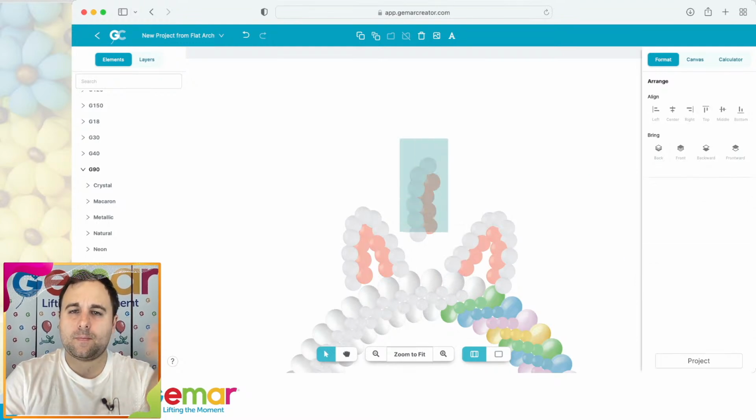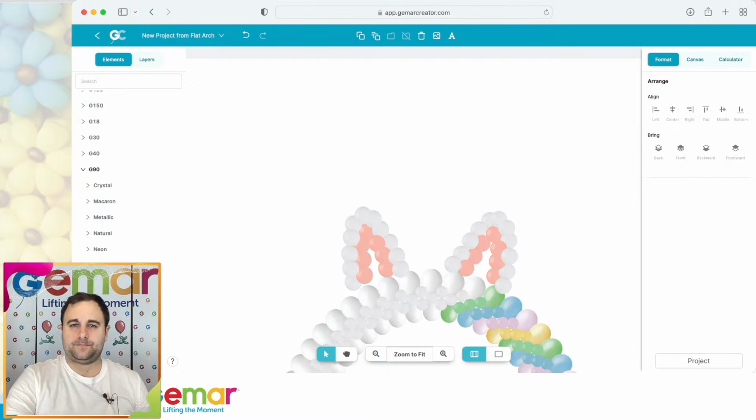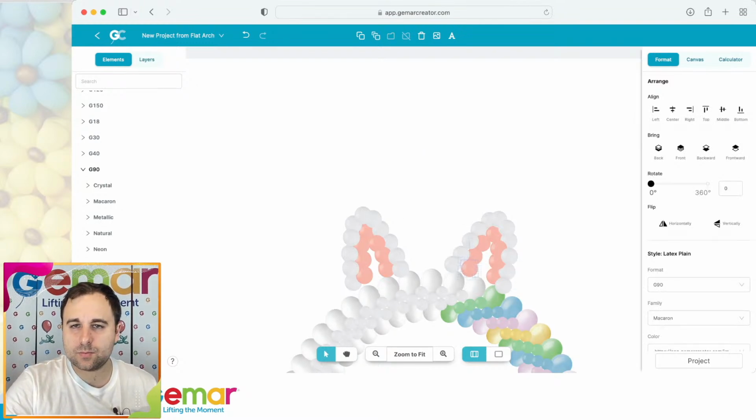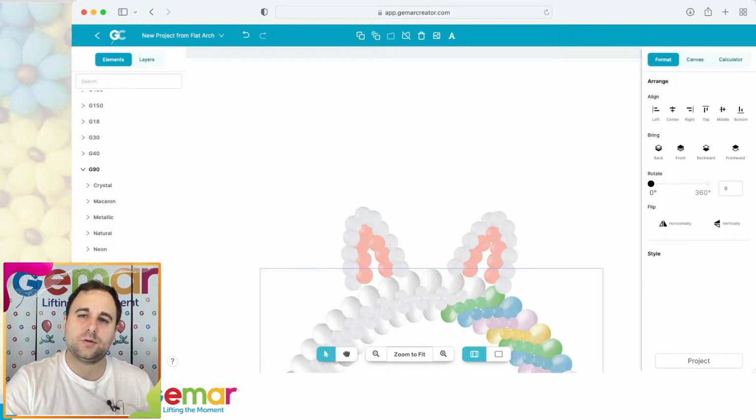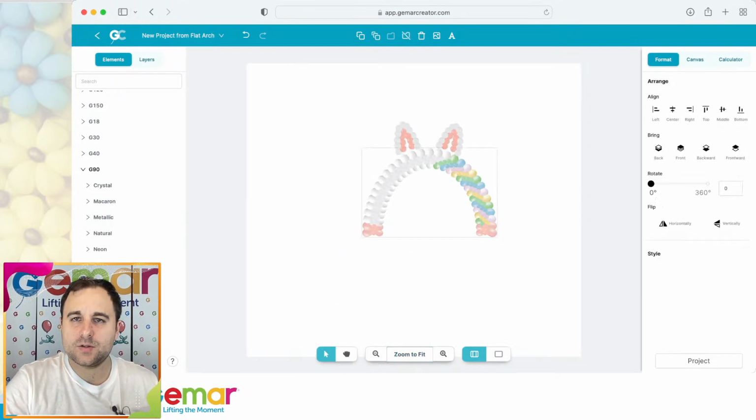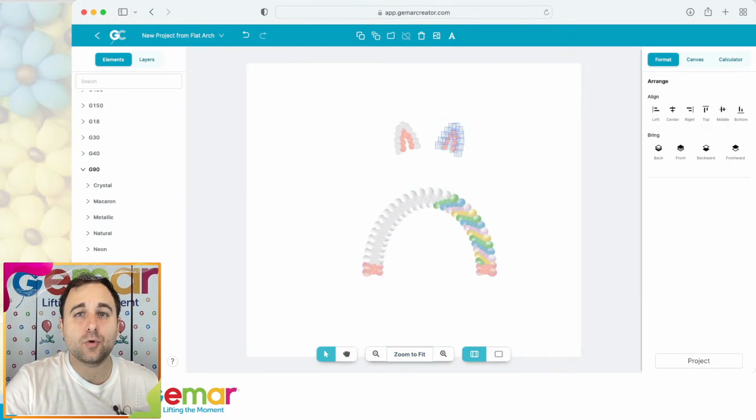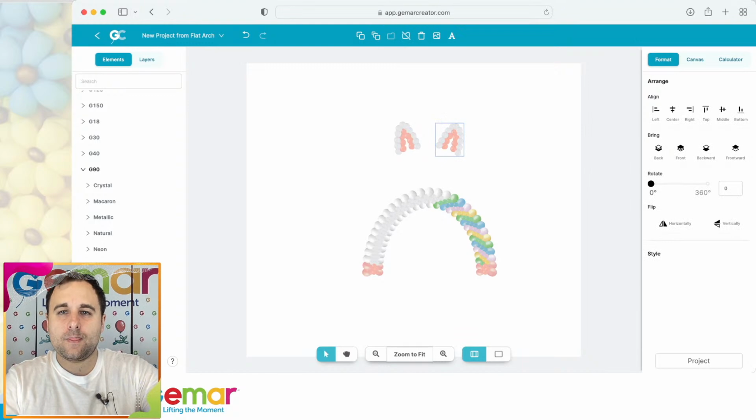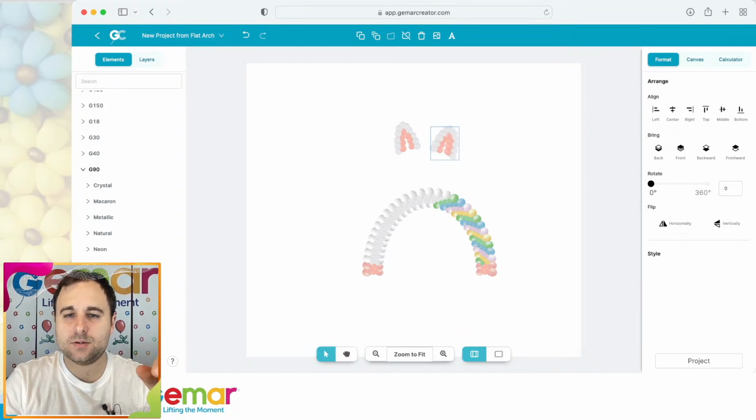Okay, we don't need this, but just move it a little bit closer. So we have the 2 ears. Okay, a little bit closer. That's perfect, zoom to fit in. So we have the 2 ears. Let's just group this as well. Double it, so we have